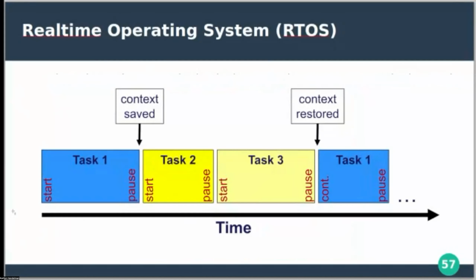The idea behind a real-time operating system is that you have complete control over the timing of the processes that run on the system. So you say, run task 1, then don't interrupt task 2, wait until task 2 is done, then run task 3, etc. And that's really important for spacecraft because